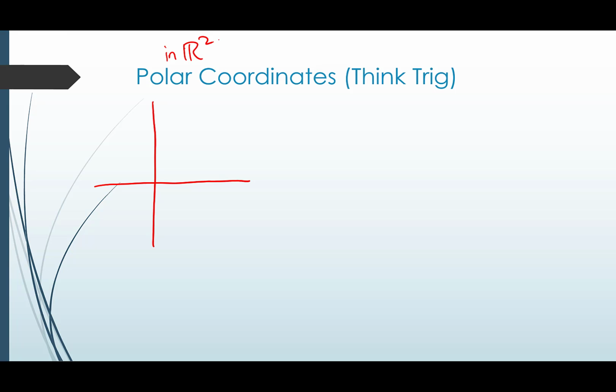So we usually think about points in R2, so let's call this x comma y. This would be called Cartesian coordinates, but we think about these points as, well, you go x units along the x-axis, and then you go y units along the y-axis, and you arrive at this point, right? So you can kind of think about this point as sitting at the vertex of a rectangle. So this is normally how we think.